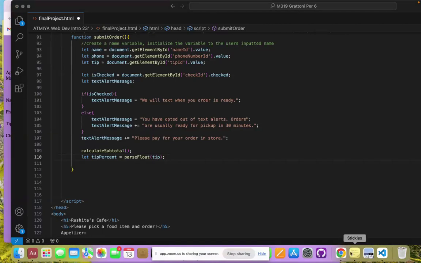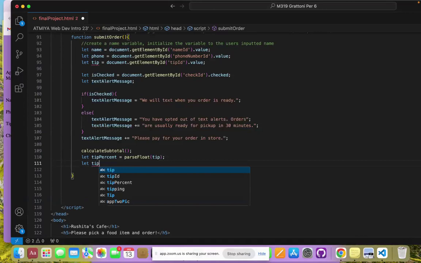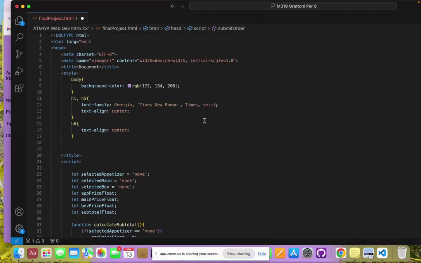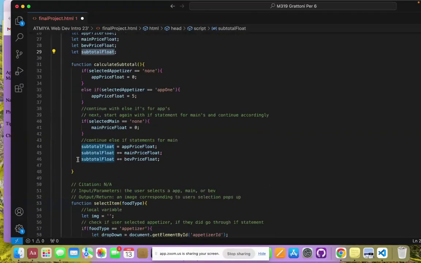So yeah. But after that, we want to get the whole subtotal of their price or their order, right? So for that, we're going to have to create another variable called tip amount. So let tip amount be initialized to the subtotal float, which is a variable that we made earlier. Should be right here. So we're going to be getting the subtotal float because we initialized the subtotal float to